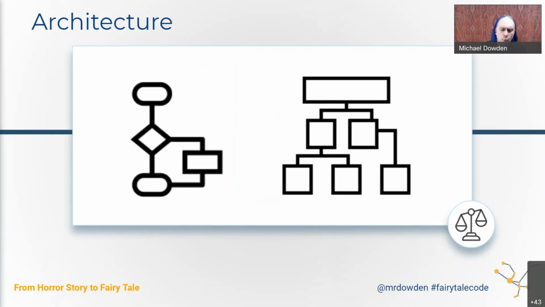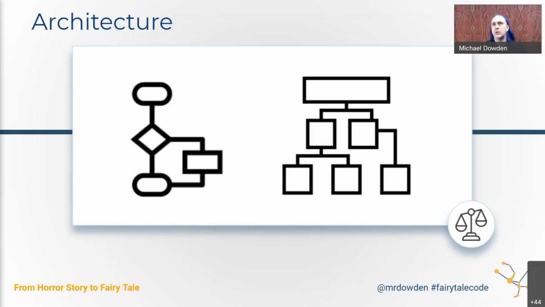And one thing you can use as an indication of your code being fairy tale code is that as you start to build things, the implementation strategies are fairly straightforward. If they're not, if you find yourself writing really convoluted code or jumping through a lot of hoops in your code that are really hard to follow, a lot of times that's actually a sign of a poor architecture. Maybe you need a different data model. Maybe you need a different algorithm. Maybe you need a different structure to your code to make it easier to share the things you need to share or to process the data the way you need to process it.